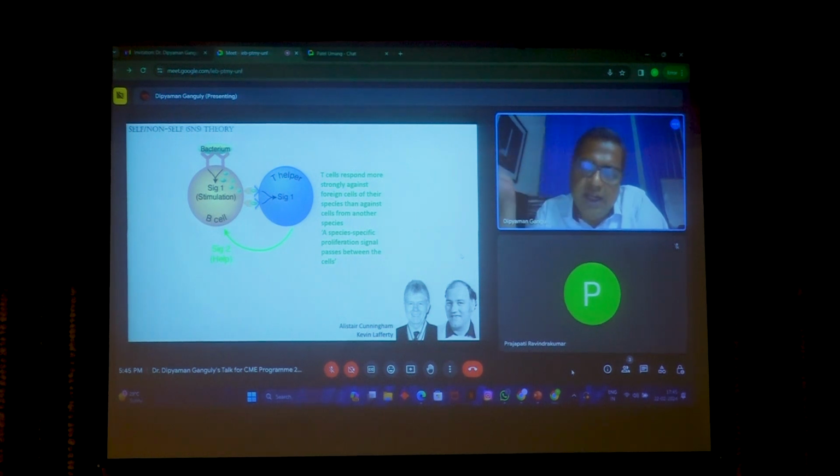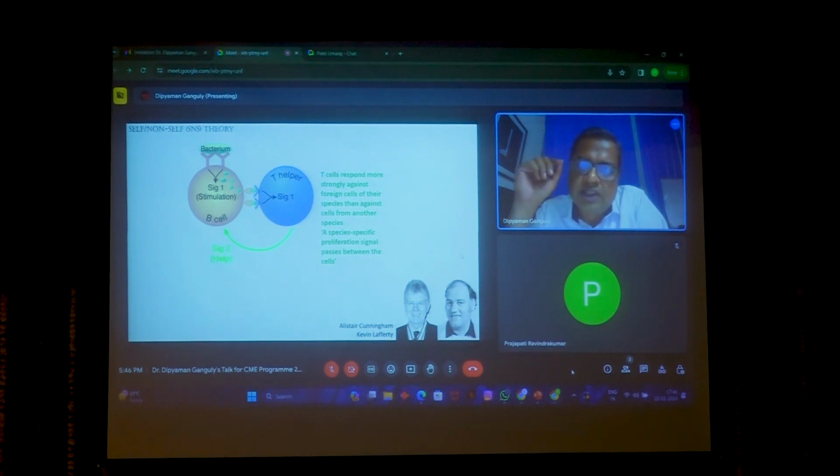Because if two species are more distant, their antigens will be more distant, and then the lymphocytes should react similarly, if not more vigorously, against another species. But that usually does not happen for lymphocytes, and that led them to propose that a species-specific proliferation signal is passing